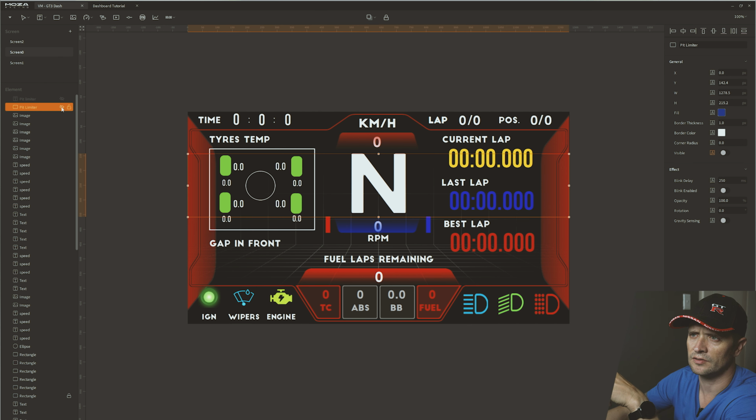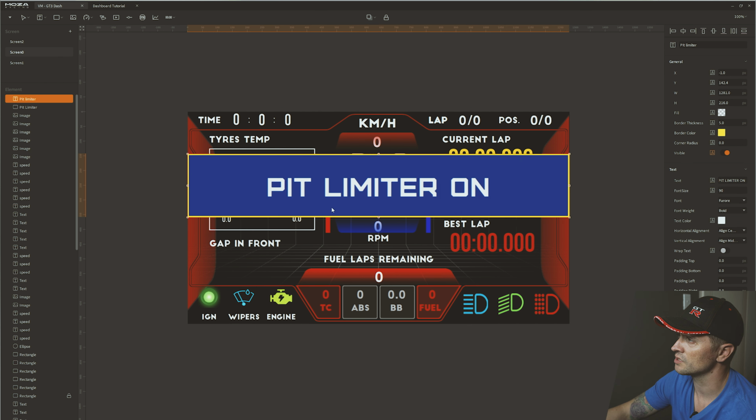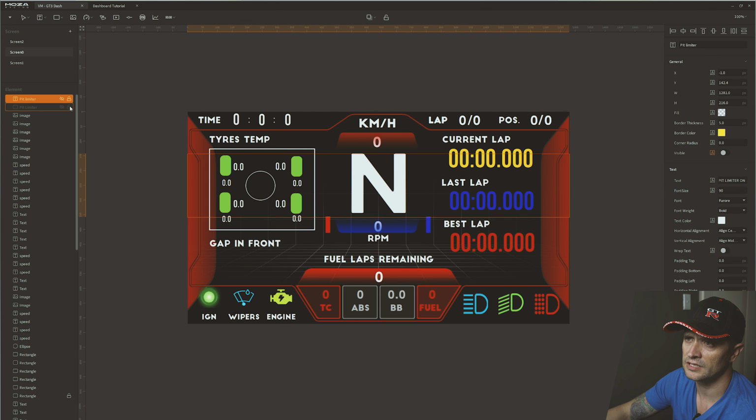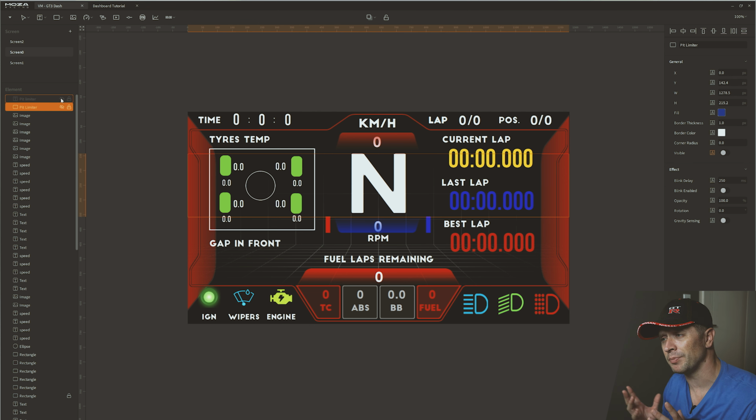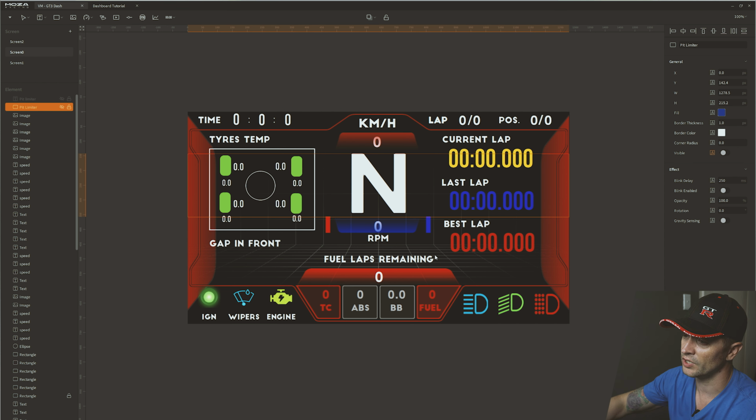As you can see, you can hide it. You can click on your element and you can just hide it if you are happy with it. You can also lock it in place so that you can't accidentally move it. I would suggest that once you are happy with the placement of one of your elements, lock it in place, because sometimes you click and then you drag it somewhere else and you have to drag it back, and then it becomes a slip. Okay,